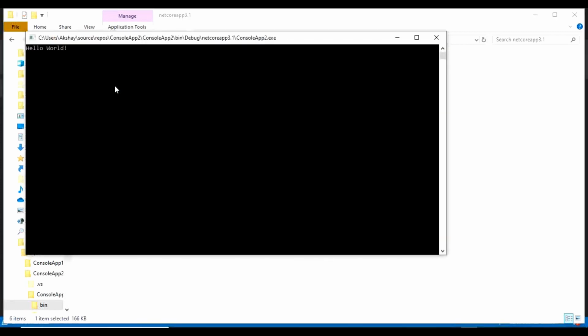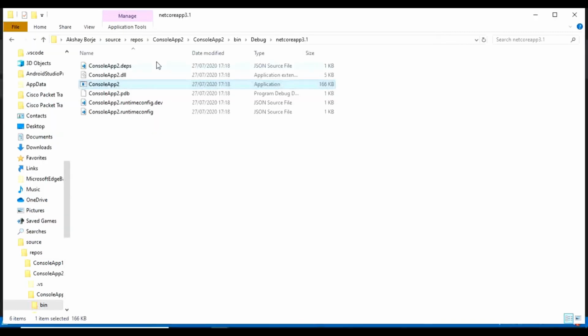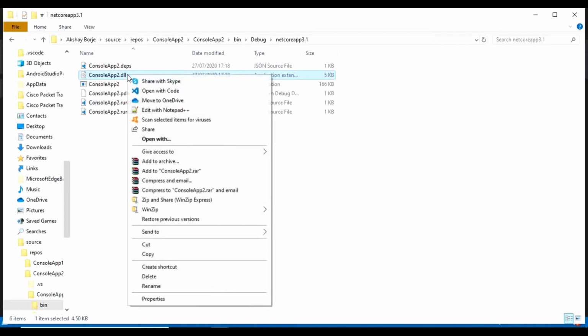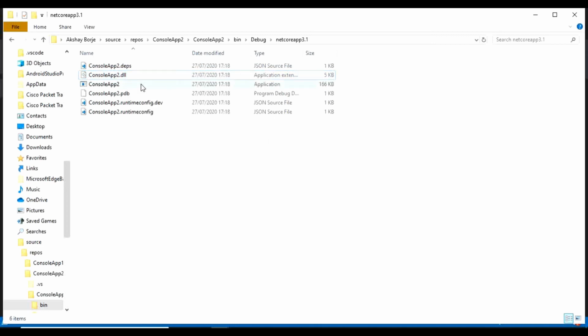It is printing the hello world message because it has this DLL file, and this DLL file has every piece of information about that assembly as well as the intermediate language code. Why is that so? Because in earlier versions of Visual Studio, the console application was generating only the .exe type. So all the manifest and all the intermediate language was contained in that same file, and that same file was responsible for showing the output.